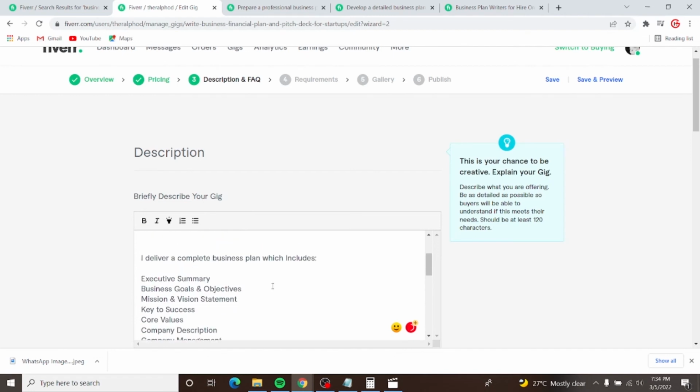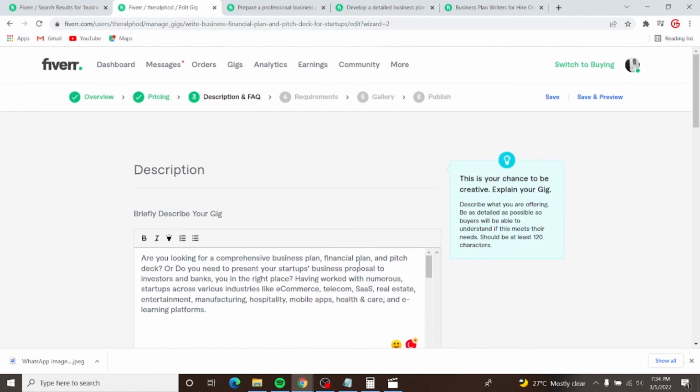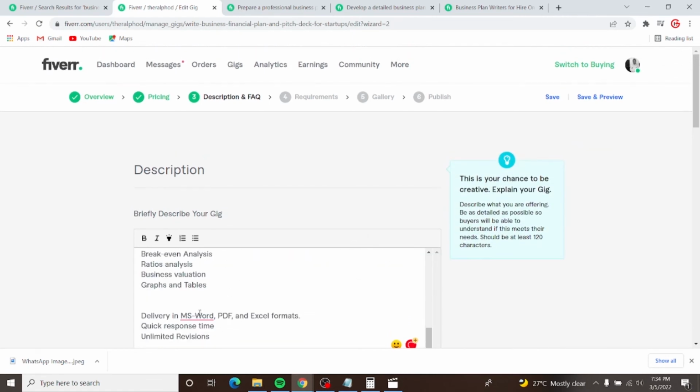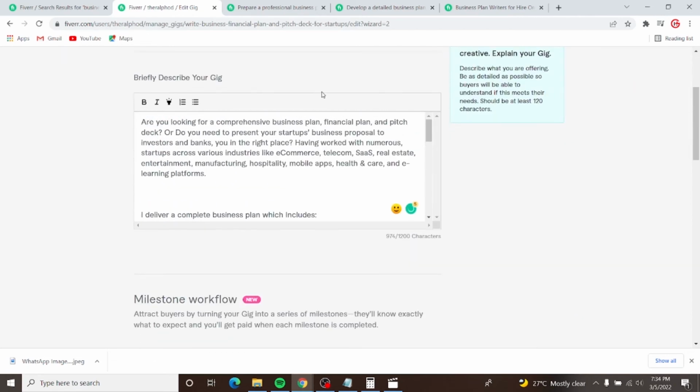So moving on, there's a whole lot of error here. Let me correct it. This is why you should have Grammarly, guys. A whole lot of mistakes there. So Microsoft Word. All right, so we are good to go. So after that,